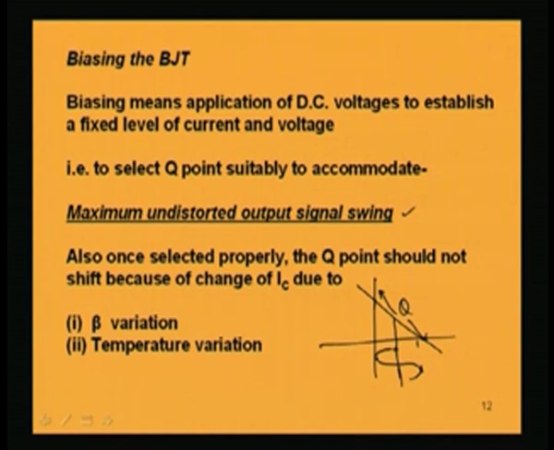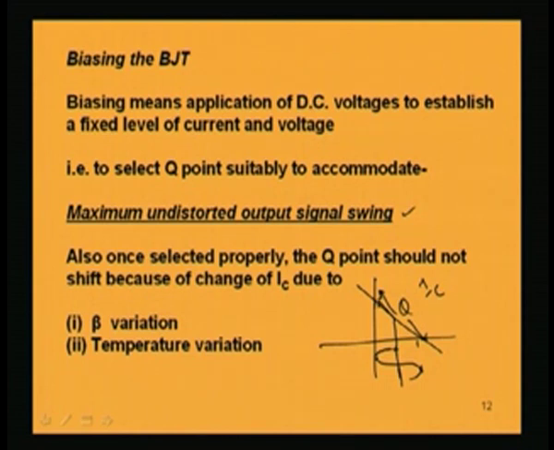Then again we will be facing the same problem. So, once we select Q, we must also guarantee that it is not being shifted because of a change of beta value or change of temperature, because when this Q point will shift, if for any reason even after selection of the Q point the collector current IC is changed,